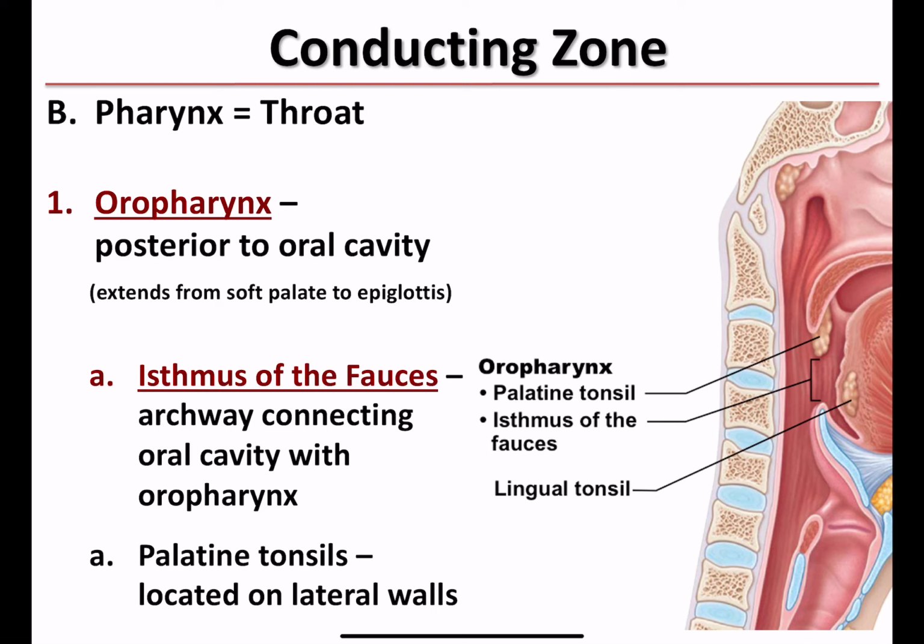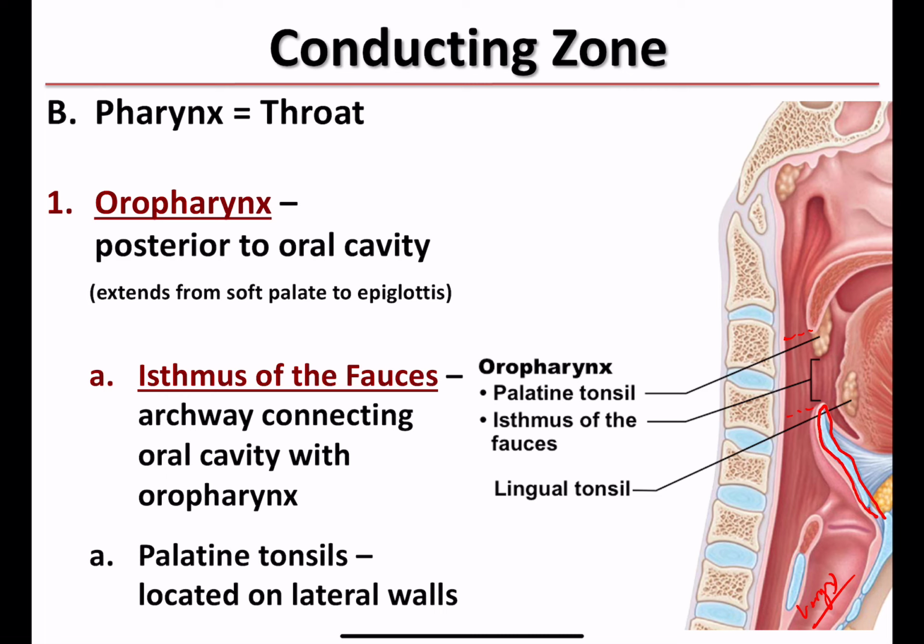All right, so the middle portion of the pharynx is known as your oropharynx. So the oropharynx is inferior to your soft palate, but it's actually going to end when you get to the tip of your epiglottis. So remember, here's the epiglottis. This is this little flap of cartilage-reinforced mucosa that basically covers the top of your larynx. So right here, this is the larynx. You probably can't read the writing, but you can see what I'm pointing out to you right here. I got to work on my precision with using this new pen. But this is going to be our larynx, and this little cartilage-reinforced cap on top of the larynx is your